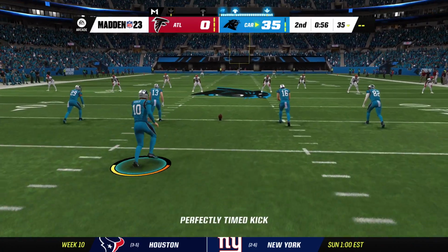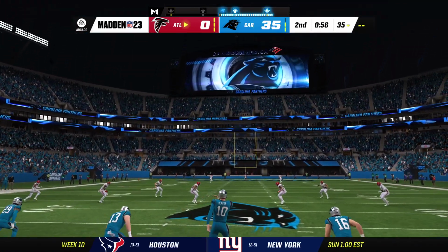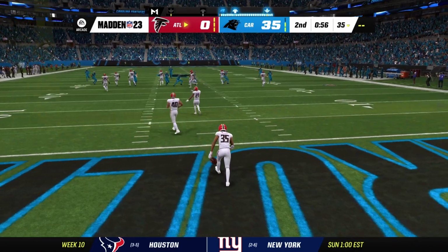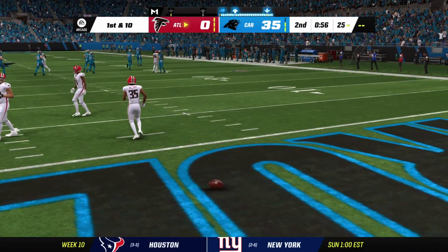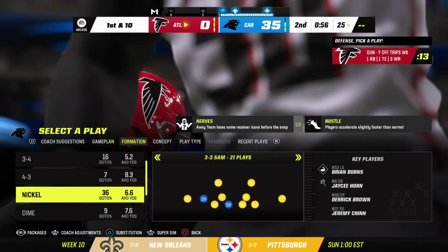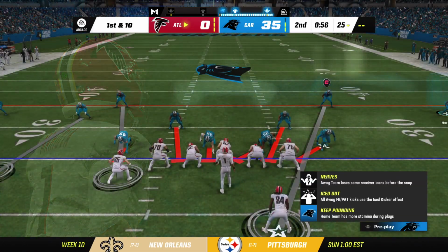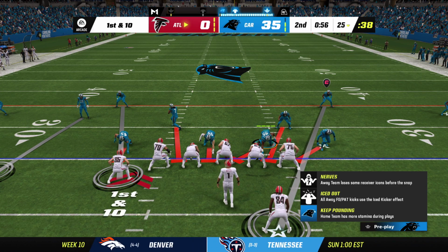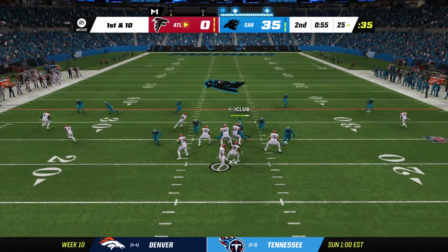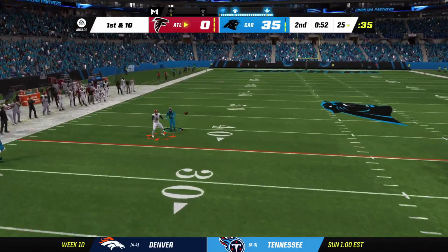The Carolina kick team is out there ready to go, and they kick this one away. And not willing to risk another fumble, he'll sit on this one. It's a touchback. But the Falcons now are going to go on offense late in this first half. And what do you think goes on here in this situation? If you got the football, you're trailing, you're back in your own territory with just a little time. Do you try something? You're thinking about...